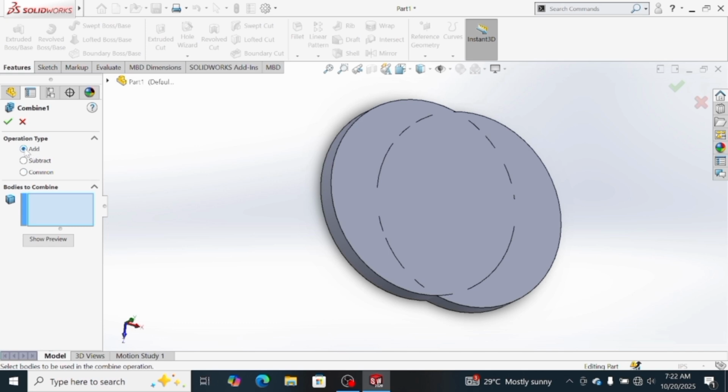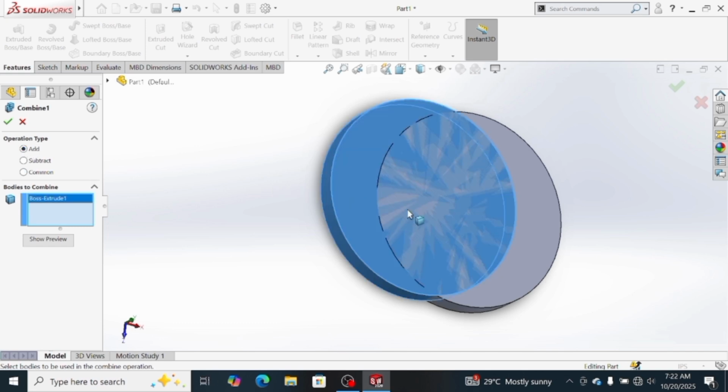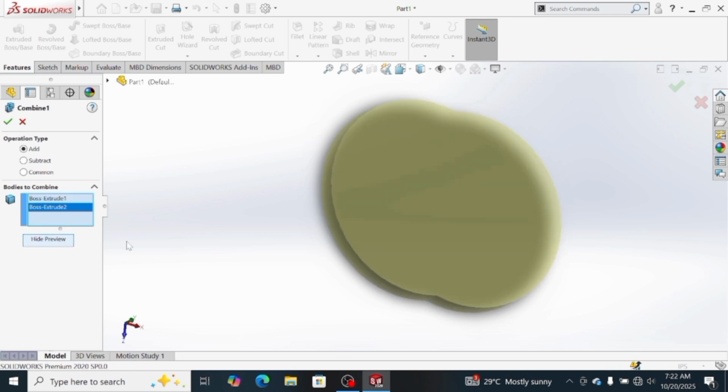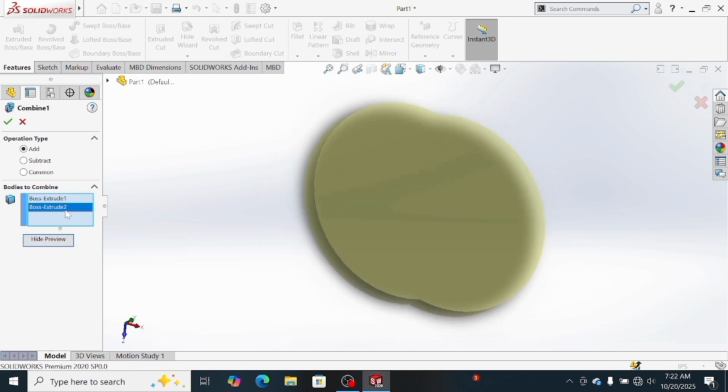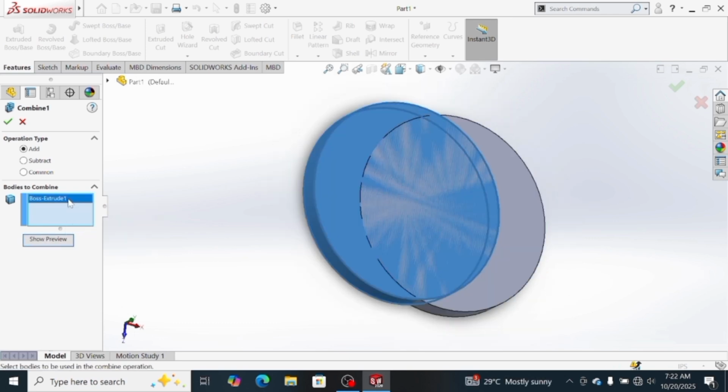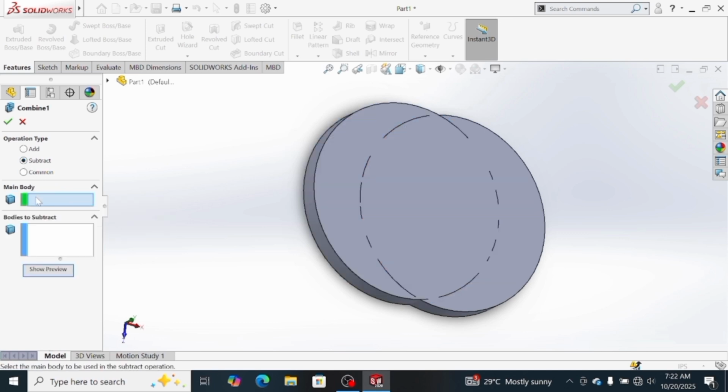For add, you have those two features to turn them into one. As for the subtract, there are two columns you have to fill in, where the green one will be your main body, while the blue one will be the body that you want to delete. For instance,